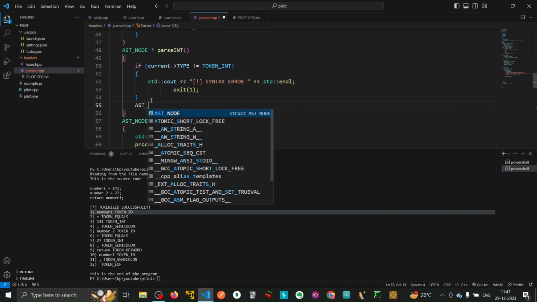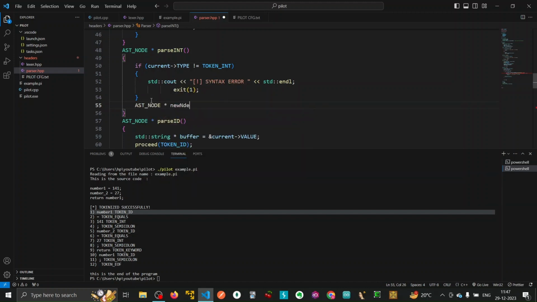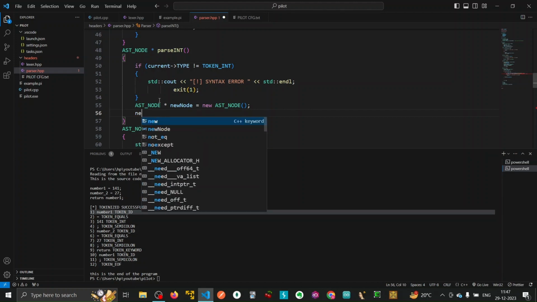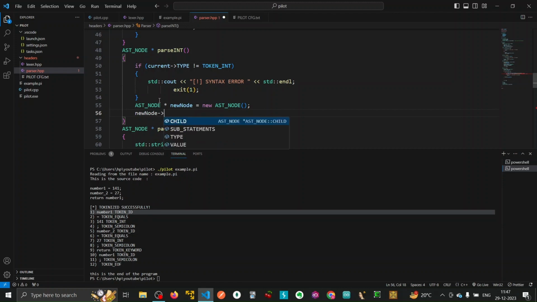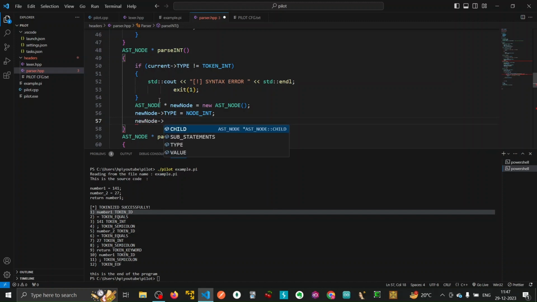So we create a new node, and the new node's type should be node int, and the new node's value, I believe the value should be,